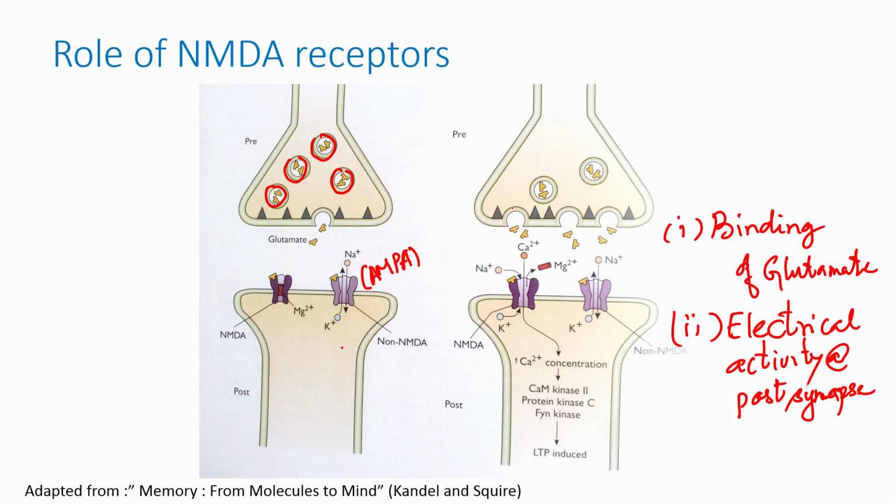It detects the activity in the presynaptic neuron because it needs the glutamate to bind to it. It detects the activity in the postsynaptic neuron because without the electrical activity the magnesium would not be released. So it needs both that glutamate binding along with the postsynaptic